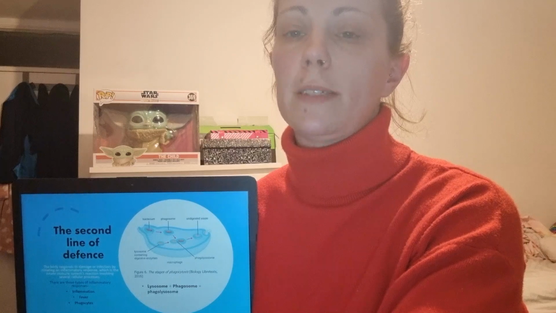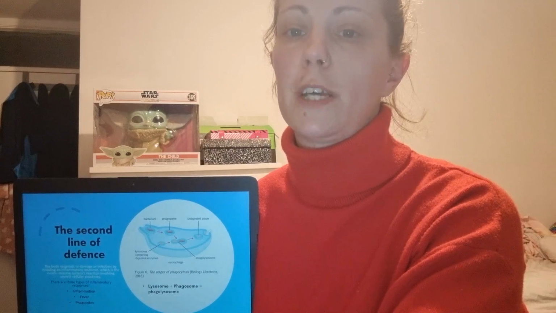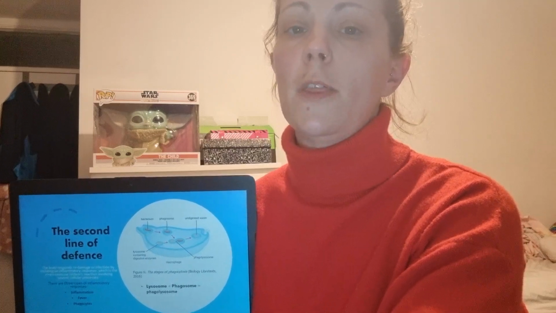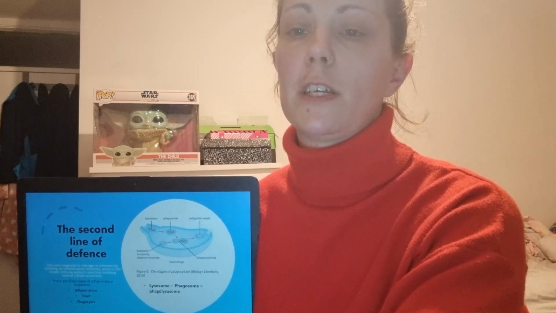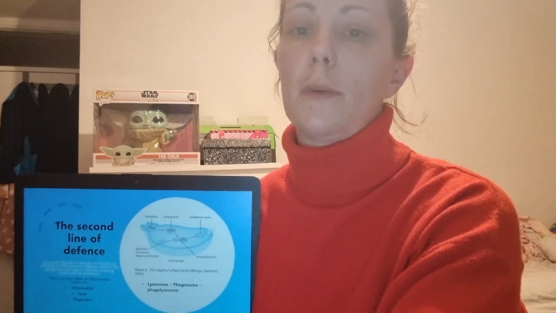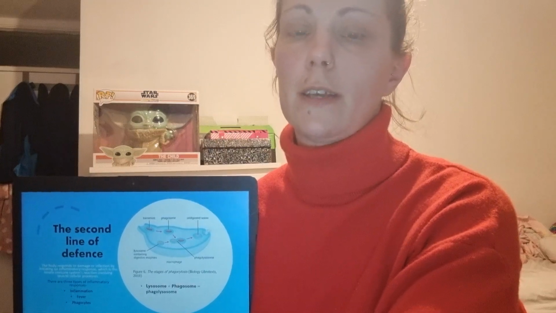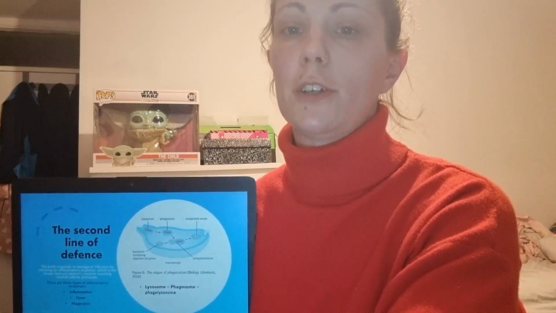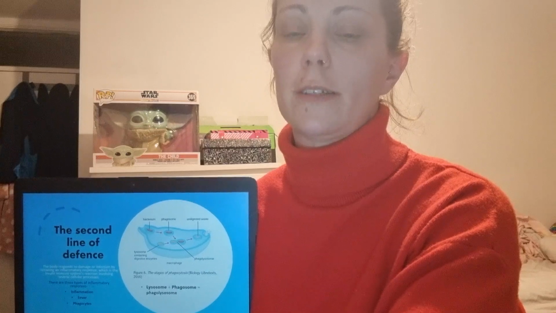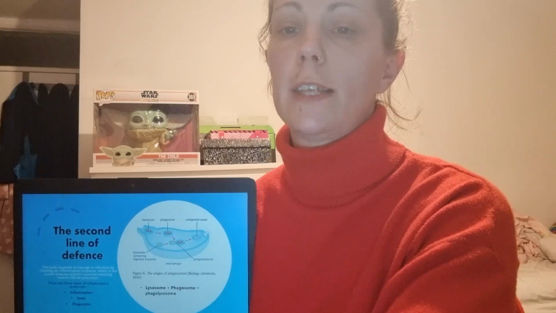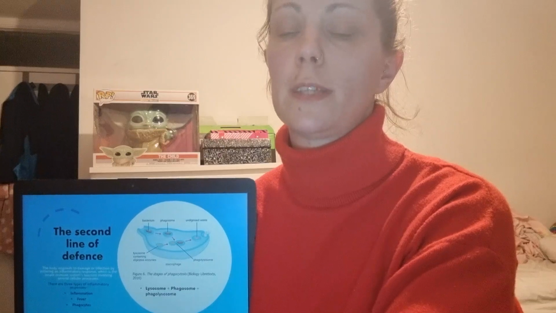Phagocytes are big white blood cells that engulf or swallow foreign objects to shield the body from harm. The bacteria, for example, that has been engulfed is broken down by enzymes within the phagocyte. This process is called phagocytosis. The lysosome and the phagosome combine to form a phagolysosome. The digestive enzymes within the phagolysosome break down the contents, stopping the phagocytosis process.